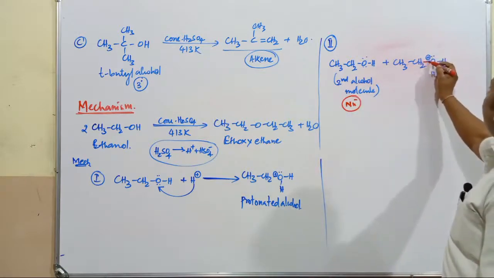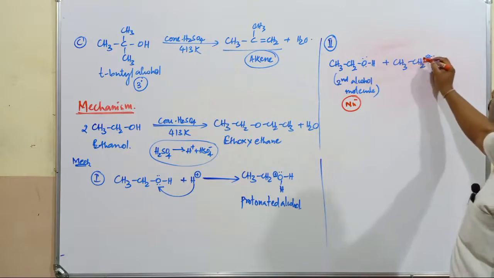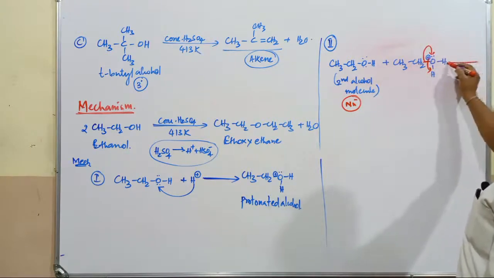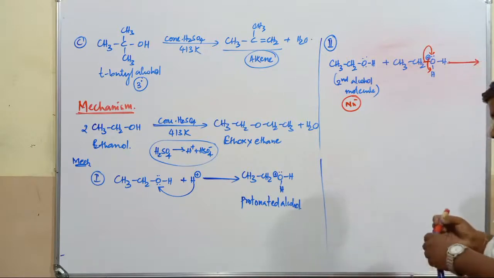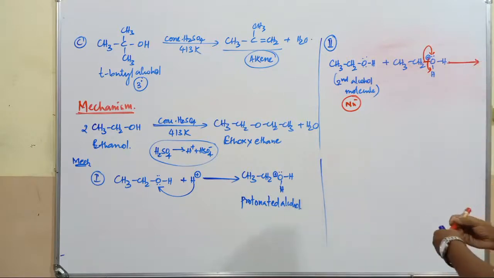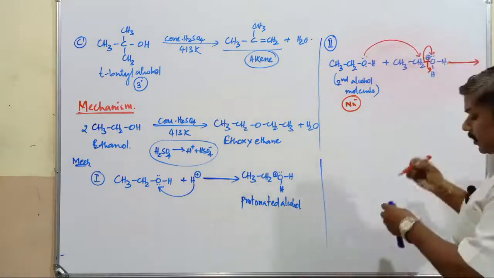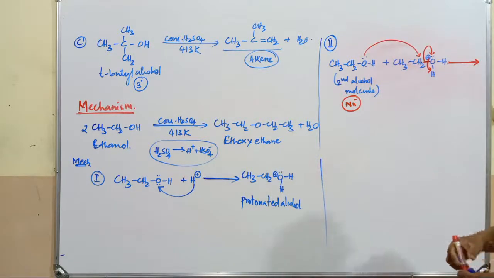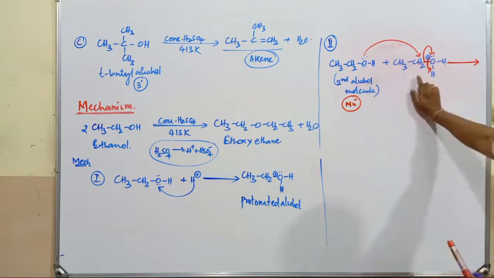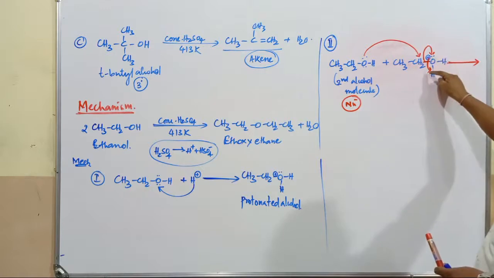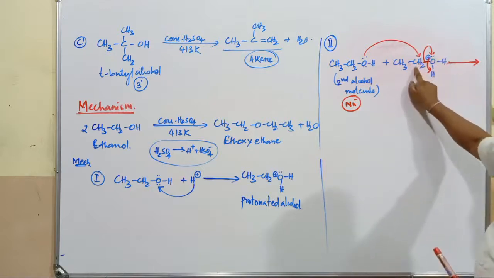Whatever the molecule is between carbon and oxygen, these electrons are shifted over this one. This water is a better leaving group. Water is considered a better leaving group only after the elimination of this one, and this lone pair of electrons attacks the positively charged carbon atom. Here there is no formation of carbocation. You can think that after elimination of water, the carbon should get a positive charge.